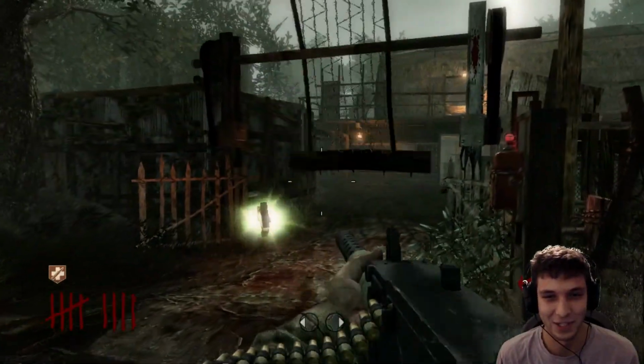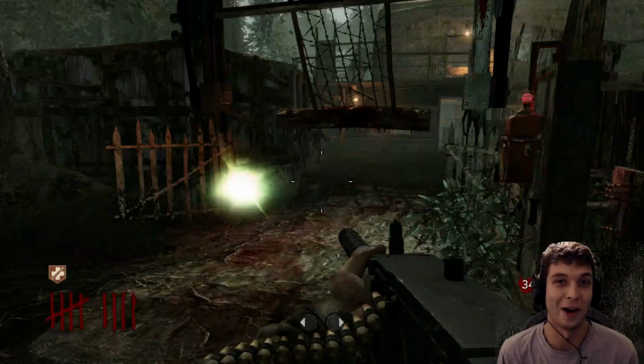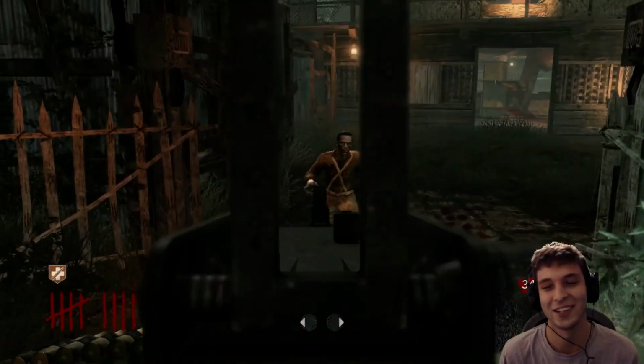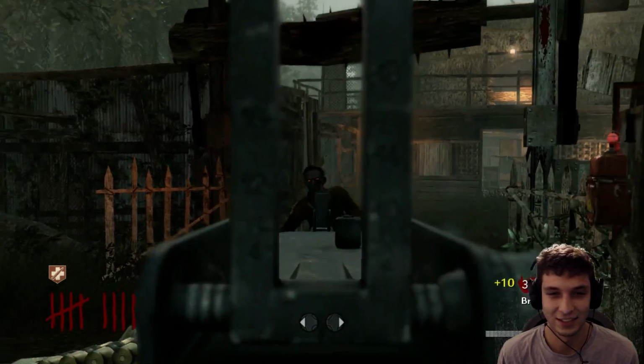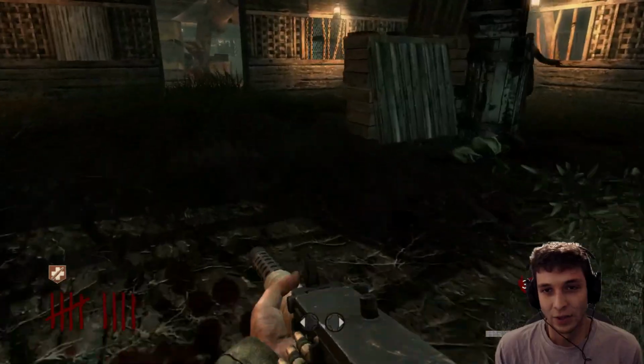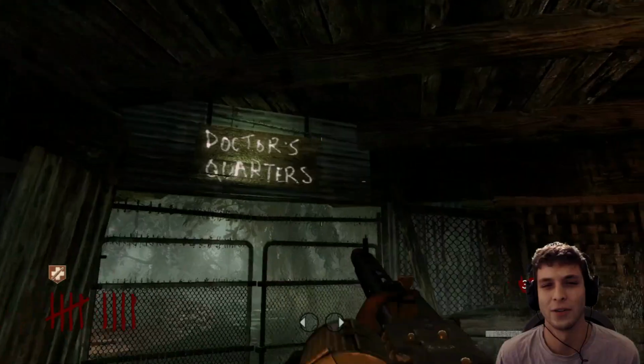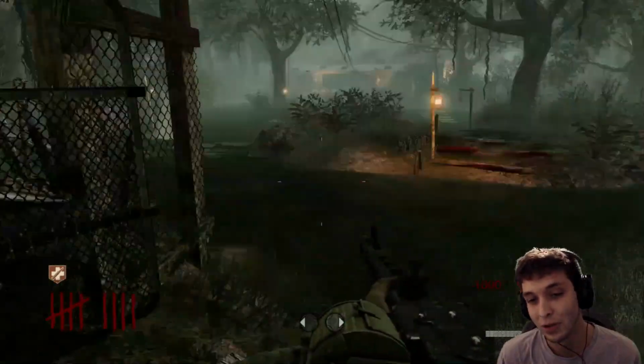Luckily, they don't damage me. I hope this stops so I can grab the points. I don't think I go down if I have Jug, but I feel like it's not worth the risk. Well, I guess if there's only a couple left, I'll open up the doctor's quarters. I'm assuming, if I had to assume...